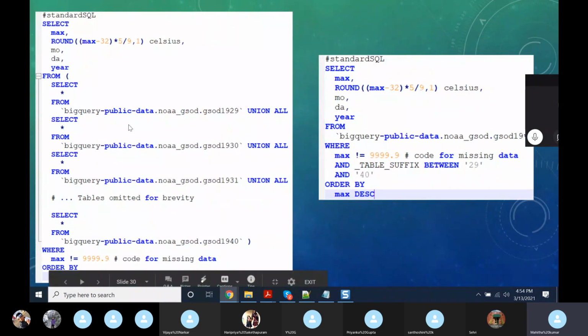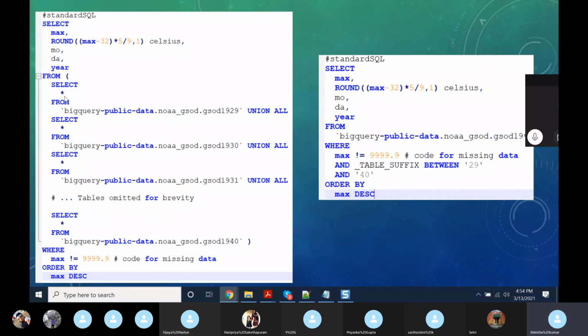The first query is without a wildcard table. We are selecting these columns from the table, max, rounding, and this is the formula to convert into Celsius, and we are creating a Celsius column here. And we are getting month, day, and year from the particular table data.